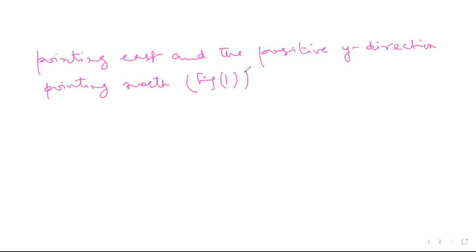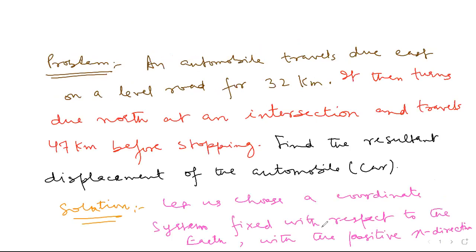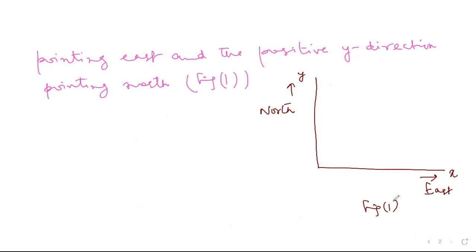So let me draw the figure. Let me use this color. So this is my positive x direction. This is my positive y direction. So this is east and this is north, right? This is my figure 1. So we are taking coordinate system fixed with respect to the earth, positive x direction pointing east, positive y direction pointing north,